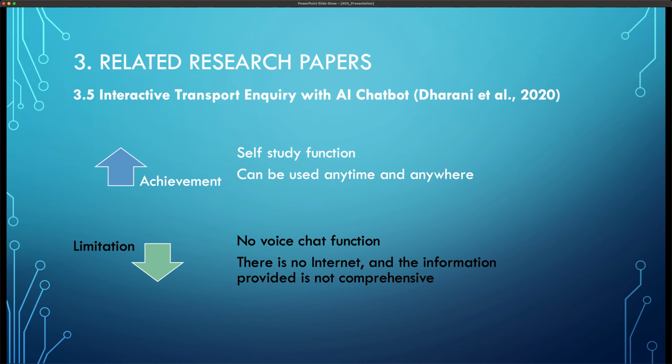The fifth paper proposed an intelligent chat system related to transportation. It comes with all data information and has a certain self-learning function. Since there's no need for networking, users can use it freely, anytime and anywhere. However, precisely because of the lack of network functions, the system can't provide sufficient information, so the functions are limited. In addition, this system doesn't provide a voice function, and certain users may face difficulties in using it.